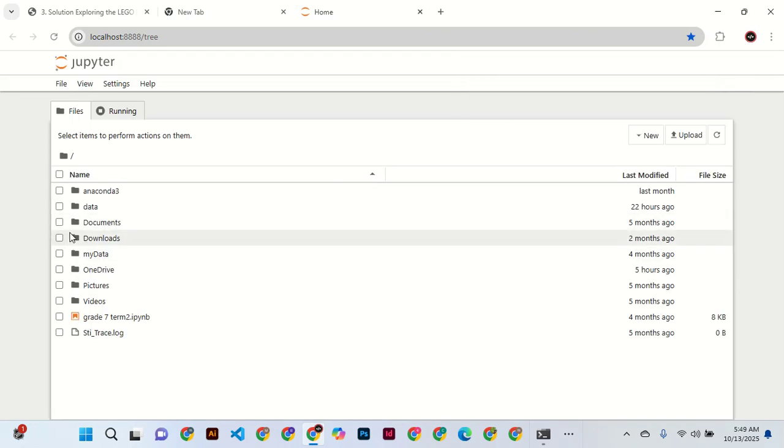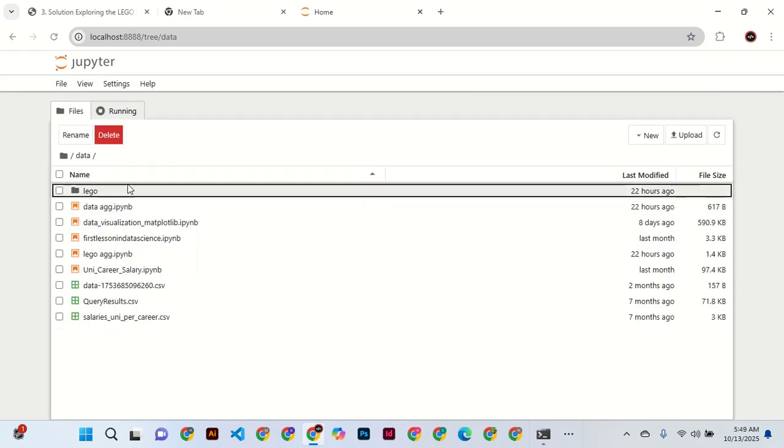All right, let's go to our data folder, and you can see we have the folder